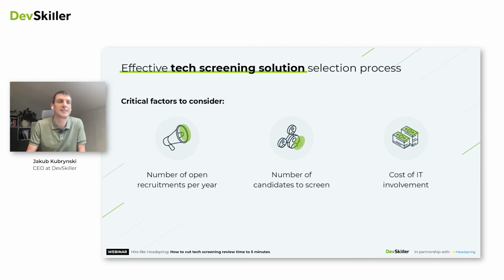Because if you are, let's say, injecting 500 candidates into your recruitment funnel, and we can filter out 70 or 90%, which is also pretty common for our customers, it means that from 500 candidates you need to talk or deal with 100, and the 400 candidates are rejected. And they are rejected not based on the resume, which is not the best solution for IT, because there are a lot of introverts or people who just cannot sell themselves, but they are pretty skilled. That is important. And of course, the higher the cost of IT involvement in the recruitment process, the more